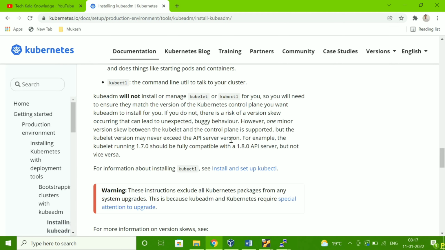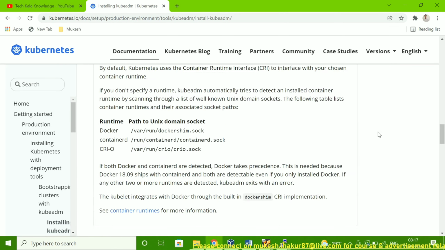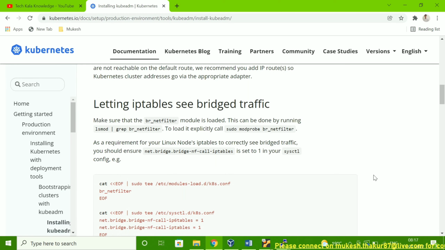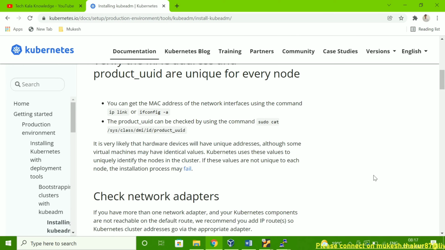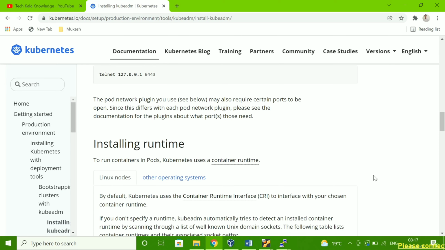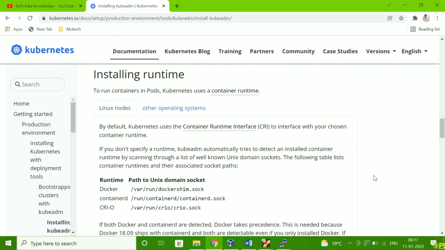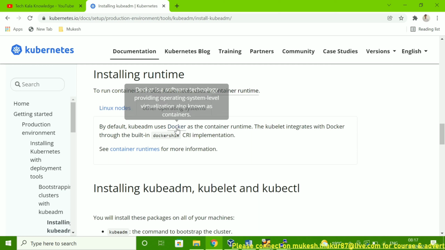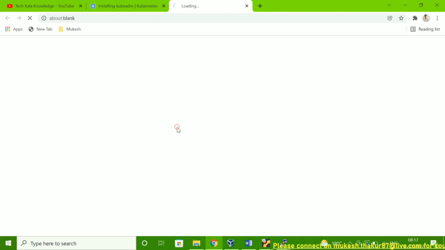So if you go here, I will tell you. You can see this is a bridge trap, the same thing we are doing here. And installing the container runtime, so you have to click here for Docker installation.